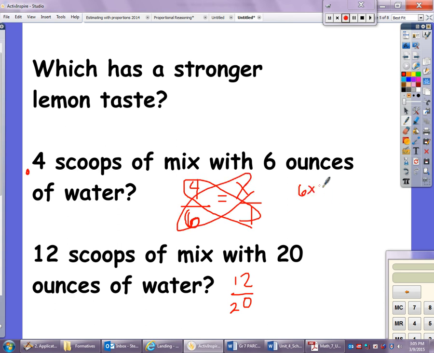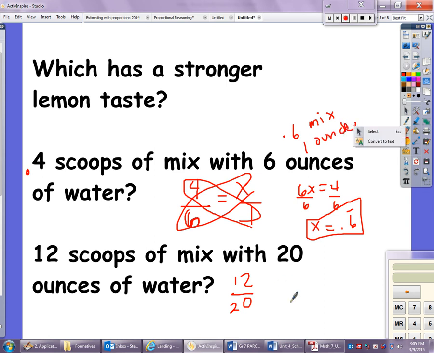You get 6x equals 4. I divide both sides by 6. And you get x is, you get 0.6 repeating. Well, that means that you have 0.6 mix in 1 ounce of water. In this one, I'm going to do the same thing, 12 scoops in 20 ounces, but I want to know how many scoops in 1 ounce. So I cross multiply, do that over here. You get 12 equals 20x, divide both sides by 20, and 12 divided by 20